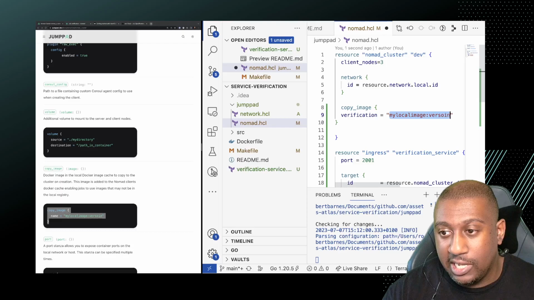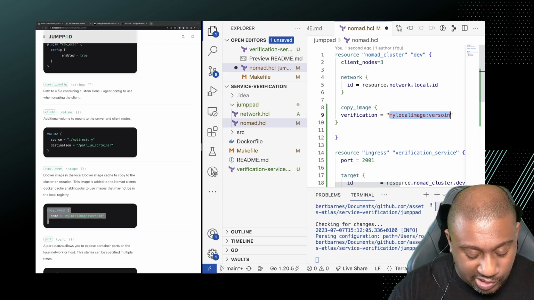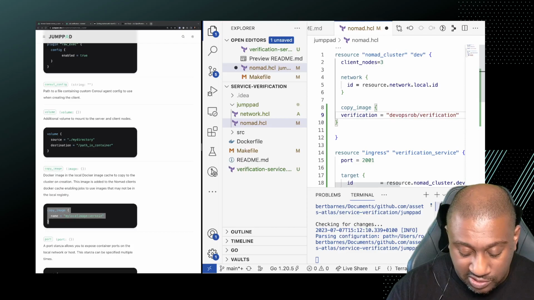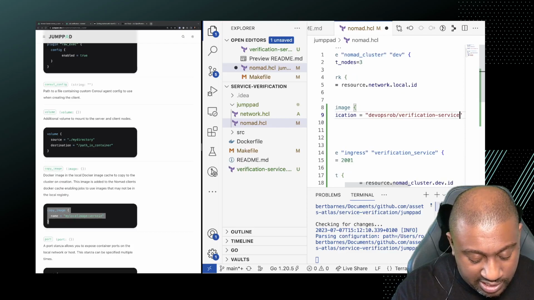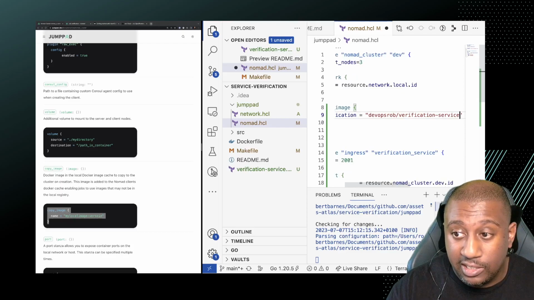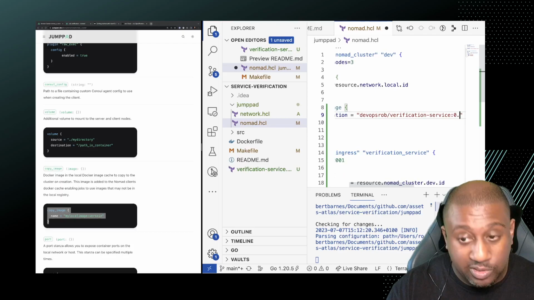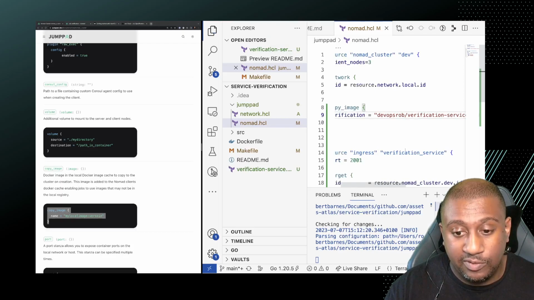And the local image name is DevOps Rob / verification-service, and the tag is 0.1, right? So if you hit save on that,